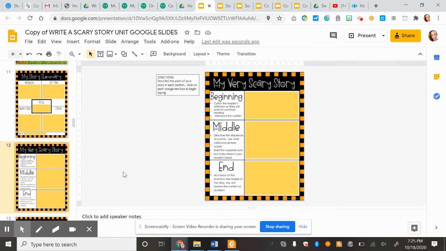Once slide 11 is complete, you're ready to start planning out your story. Your story should have a beginning, a middle, and an end. The beginning should be your introduction, and there's some tips over here for you to catch your reader's attention and get your problem introduced. The middle of your story is where your main events will take place, where all the